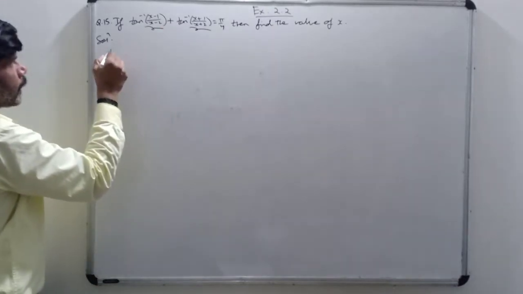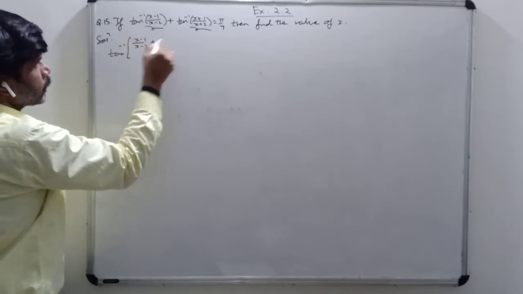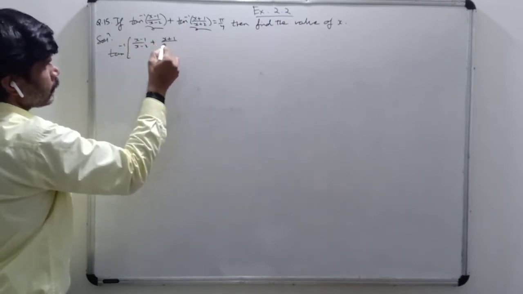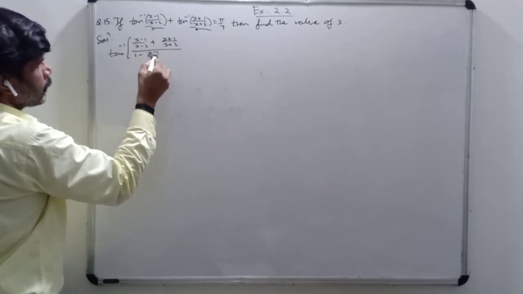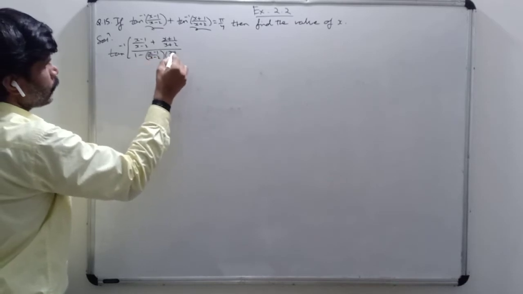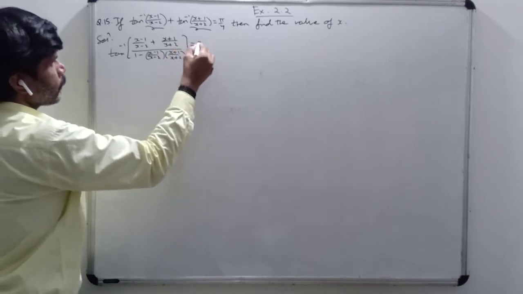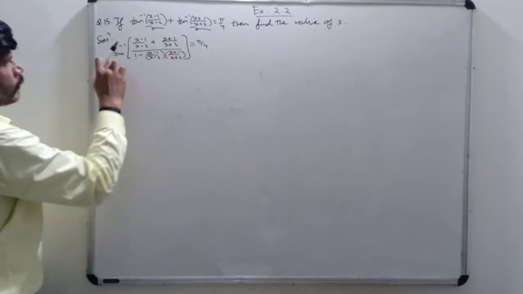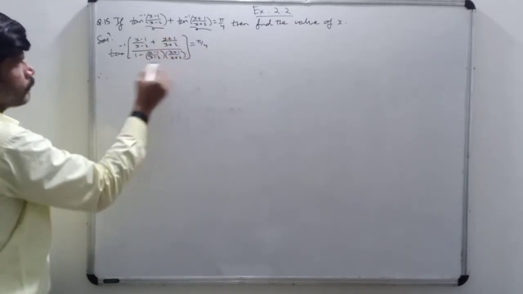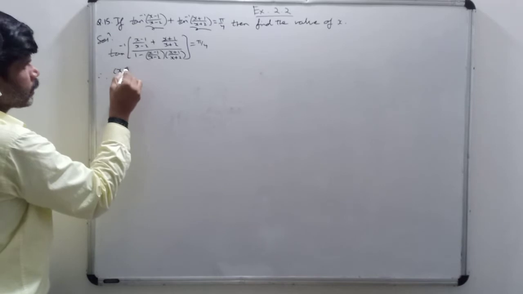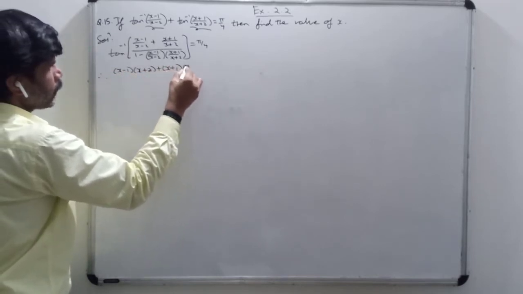Okay, so tan inverse of (x plus y) upon (1 minus x into y) is equal to how much? Pi by 4. Now this tan inverse I am taking to that side, so that will be tan of pi by 4, that will be 1. In this bracket I am taking the LCM, so (x minus 1) into (x plus 2) plus (x plus 1) into (x minus 2).